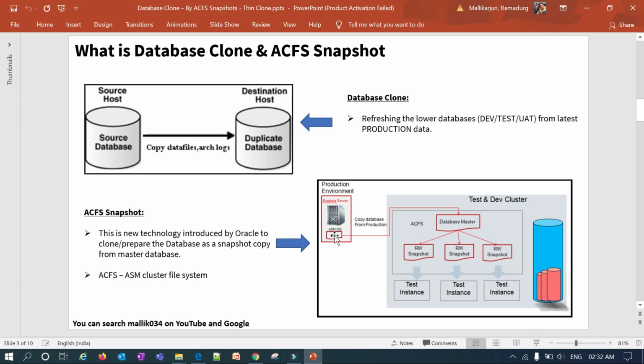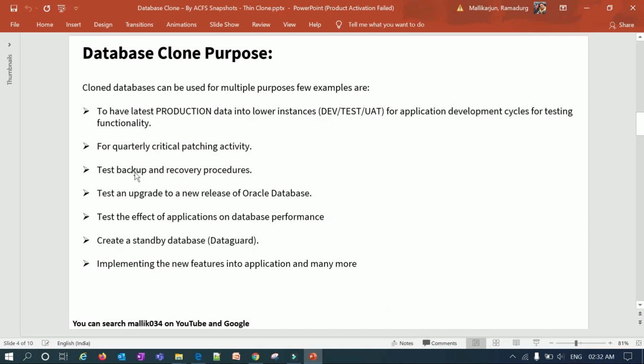In that ACFS file system, I'll copy the entire production database as a master database. From the master database, I can create any number of snapshots, for development, test, UAT, or whatever database. N number of databases I can spin off from that master database, right? ACFS is the ASM Cluster File System. These are just terminologies; as I go further, you will understand how snapshots work.